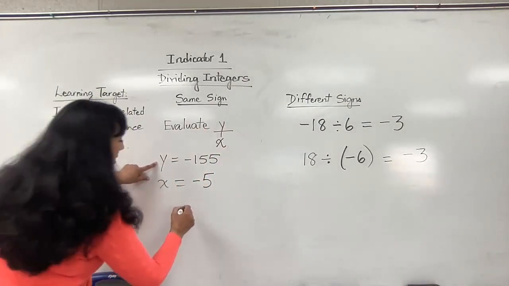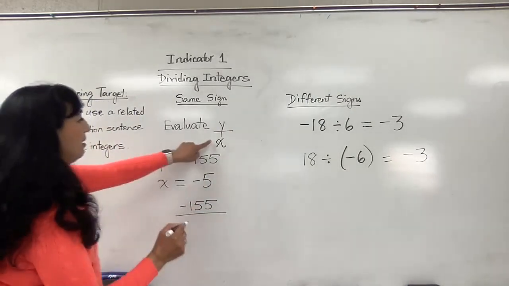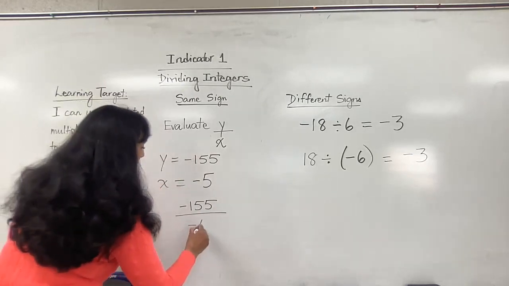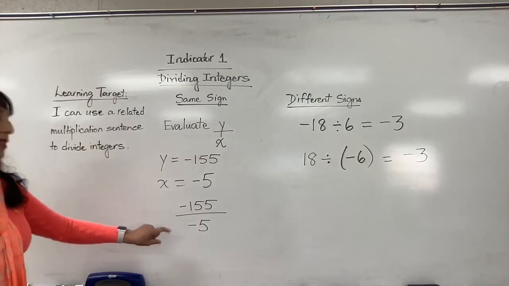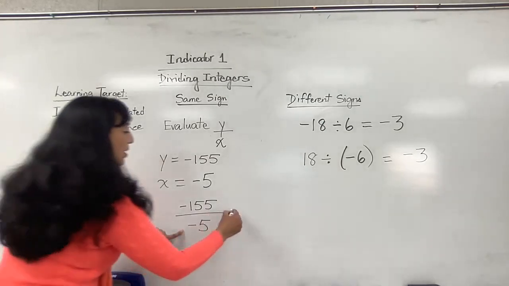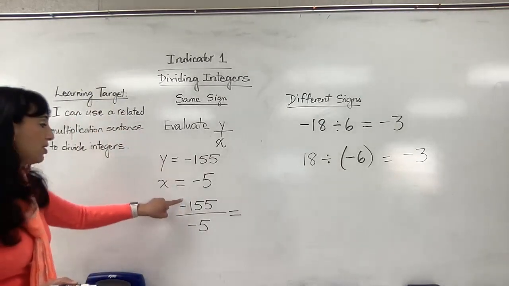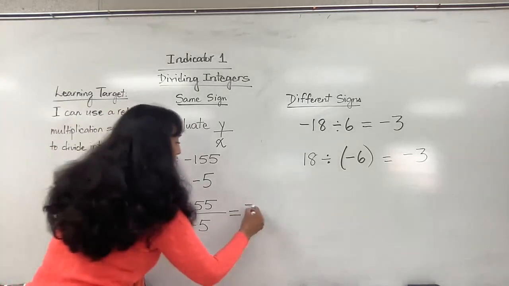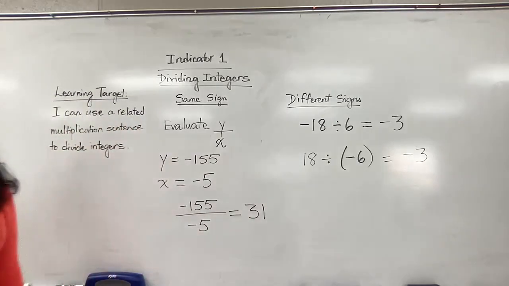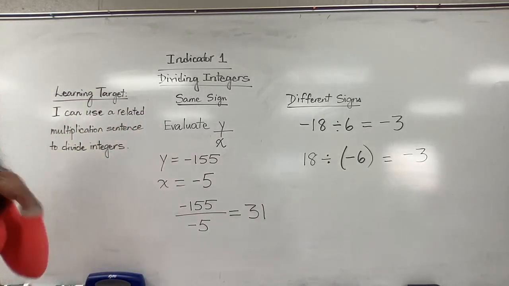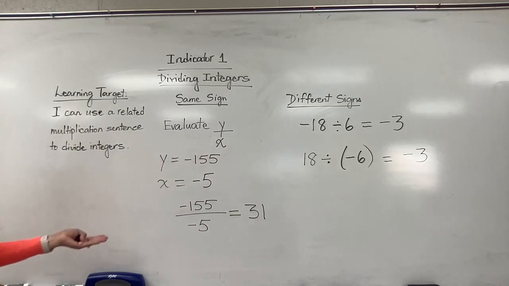So y is negative 155 divided by x, which is equal to negative 5. And I know by looking at this that negative and negative is going to give me a positive quotient. I know that 5 times 3 is 15 and 5 times 1 is 5. So that means I am doing the opposite of division, which is multiplication, in order to simplify. Or I can divide, and I can do